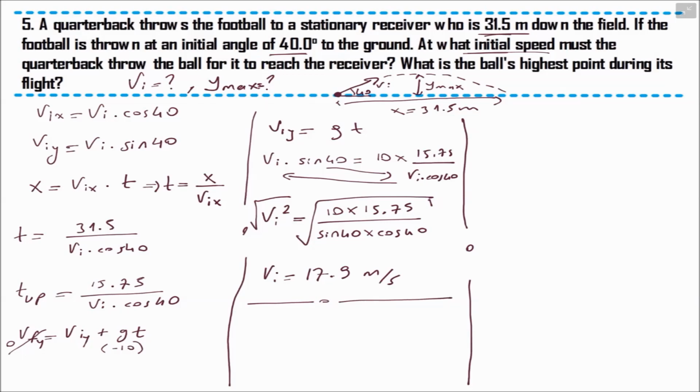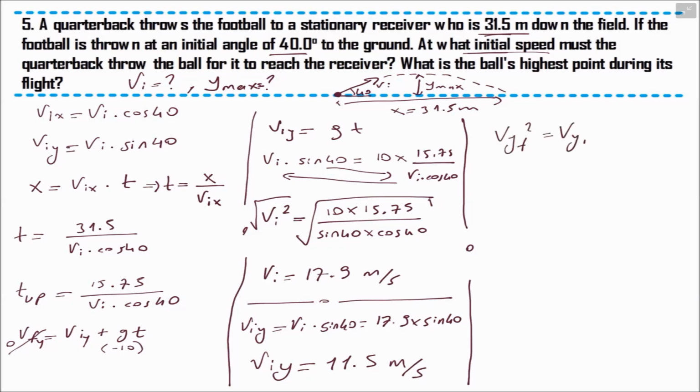Now we have to calculate y max. To calculate y max, I need v initial y. v initial y equals v initial times sine 40. v initial, now I know it, 17.9 times sine 40. So v initial y is going to be 11.5 meters per second. Then I will use the formula vy final squared equals vy initial squared plus 2gy,